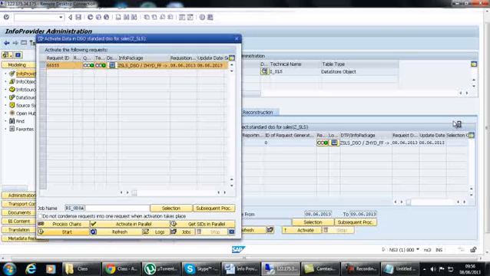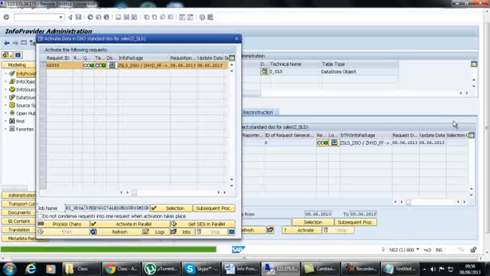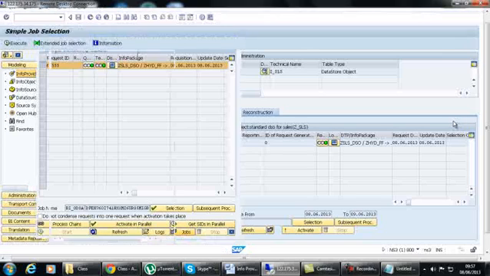So here you can see the program is successfully scheduled. In order to see the job, there is an option called jobs. If you want to see the program while executing, you can click the jobs option here and execute this simple job selection,